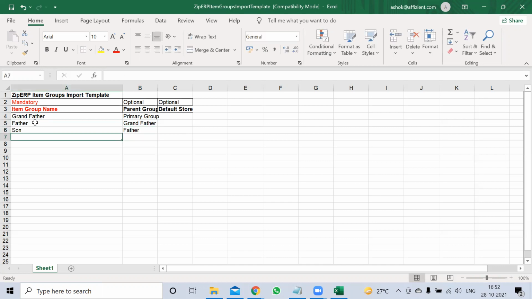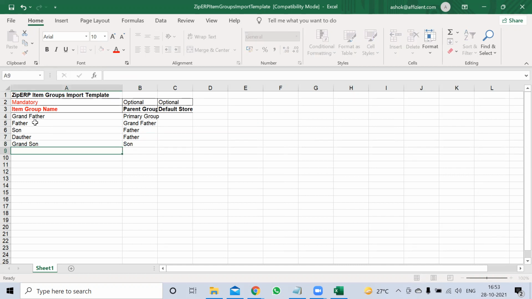Daughter under father. Now grandson under son. You understood the hierarchy, how it comes?